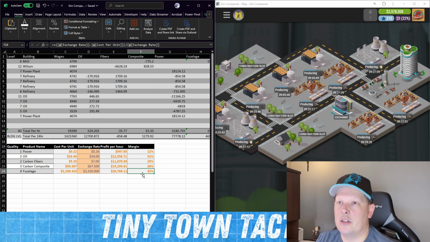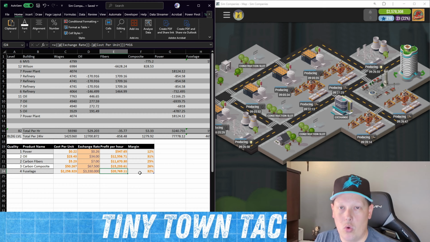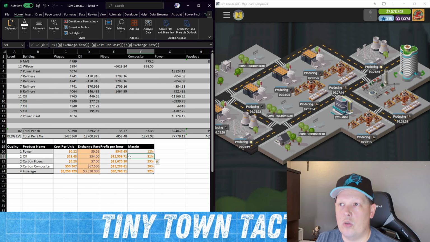My margin here is kind of the nitty gritty: how much profit can I make with what I'm producing? I can make 20,000 an hour, cool, at a 32% margin. Very solid numbers, very solid. But the oil here, you can kind of see the margin is close. It's like, okay, the margin's close. Well, oil